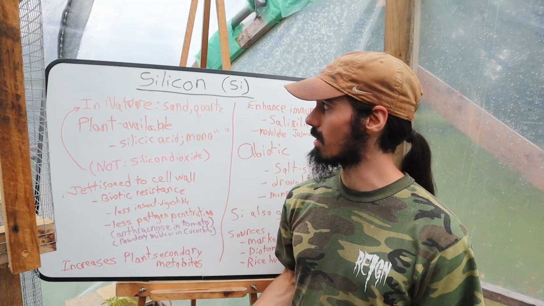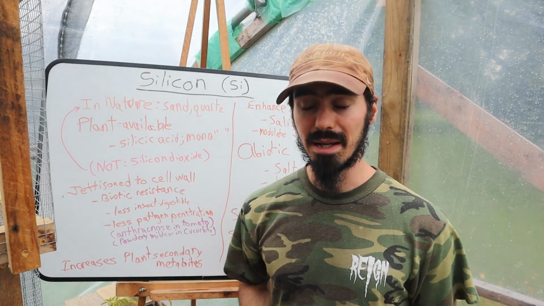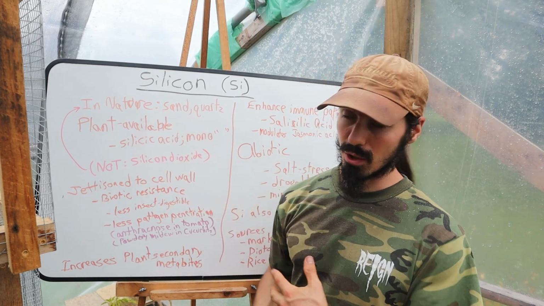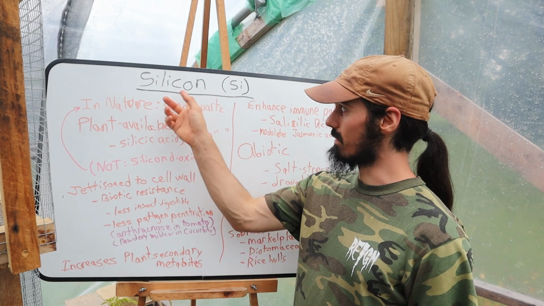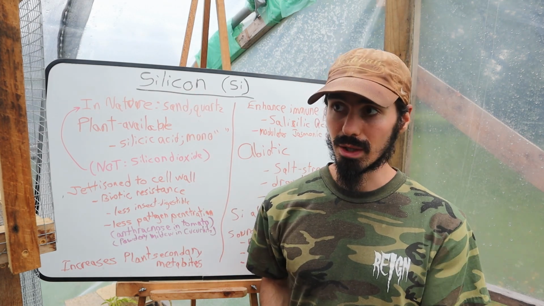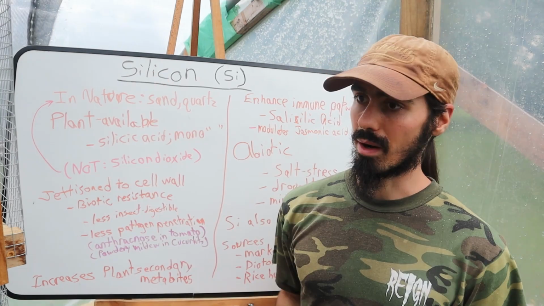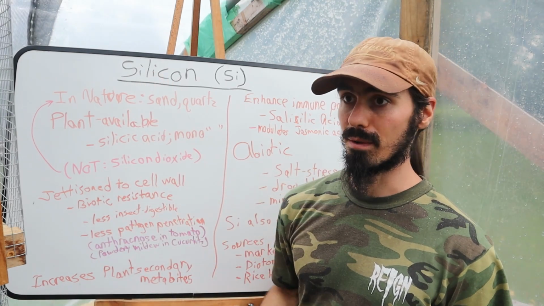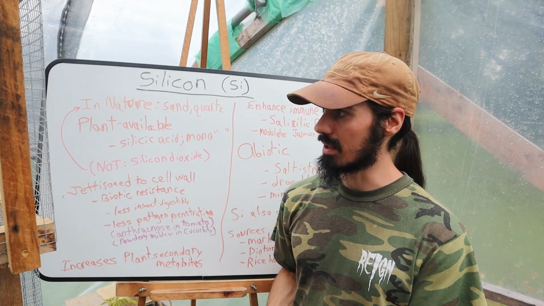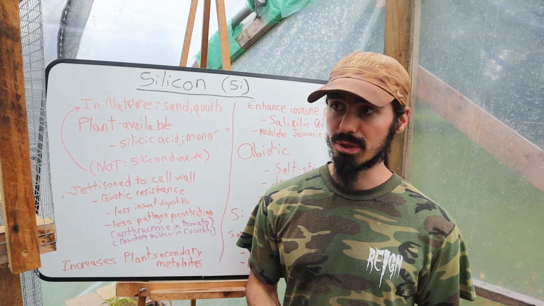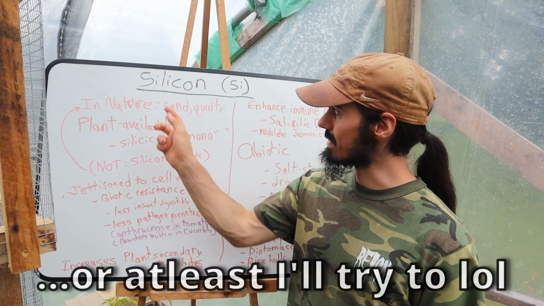Alright, so here we are talking about silicon, abbreviated as Si. You can find that on the periodic table of elements. And you may have heard a similar term such as silica, which has an A on the end instead of the ON. Silica is a form or certain forms of silicon, whereas silicon is more referencing the pure element and the totality of that, right? Whereas silica is certain forms, but those forms generally tend to not be very plant available. So I will be referring to this element as silicon.